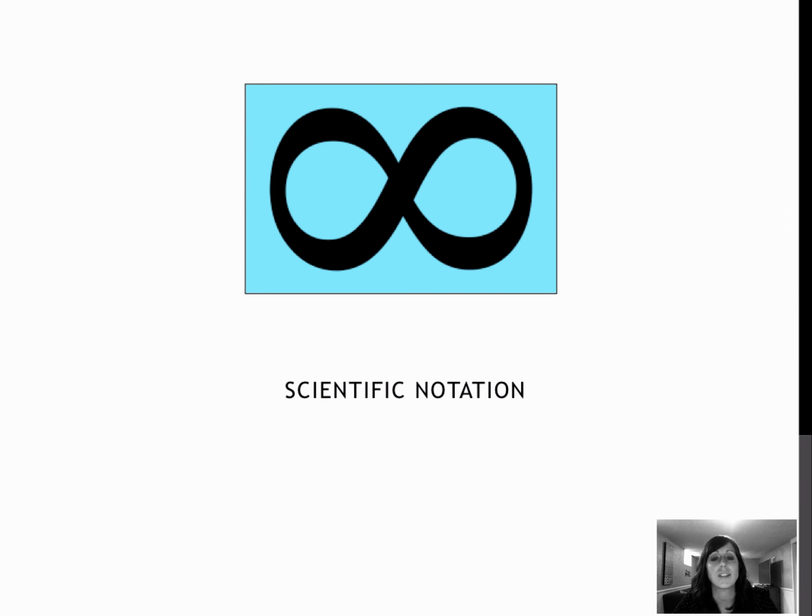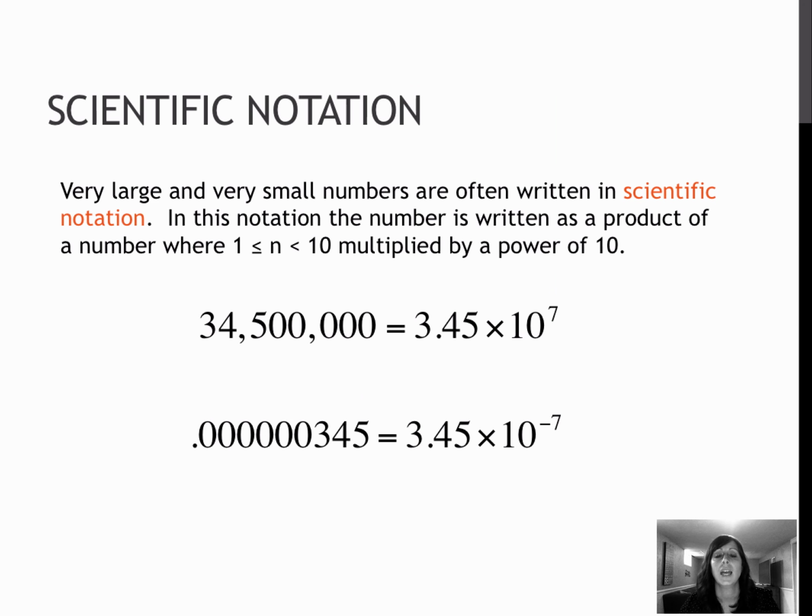This lesson is on scientific notation. Scientific notation is a way for us to deal with very small or very large numbers by simplifying them down to the significant values or significant digits. For instance, looking at the number